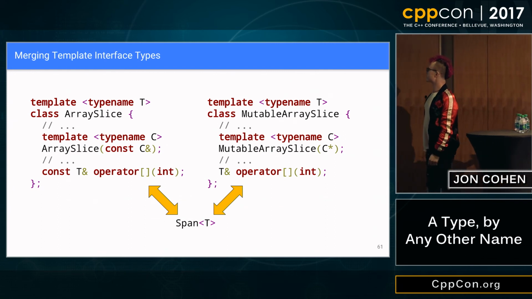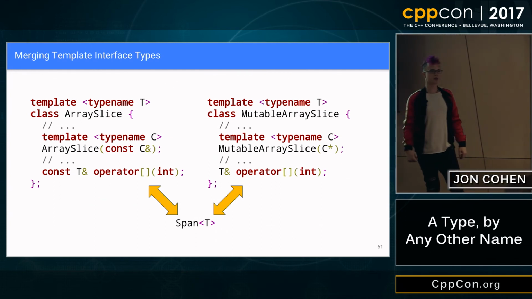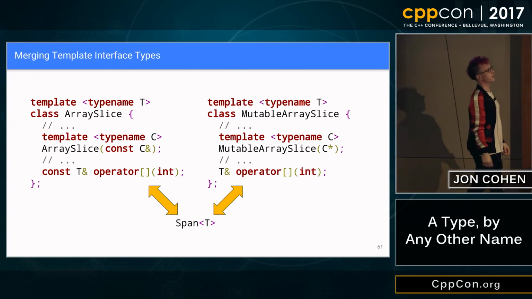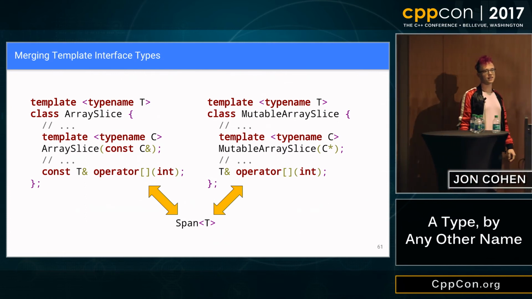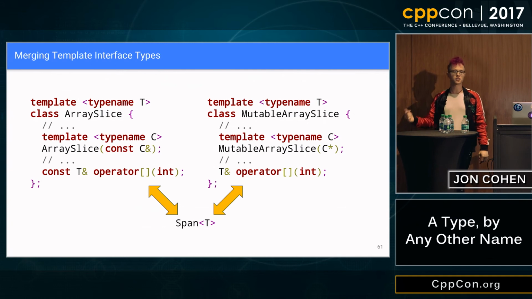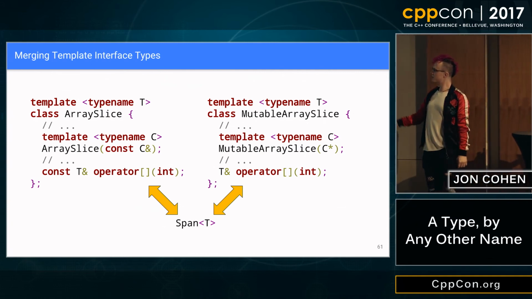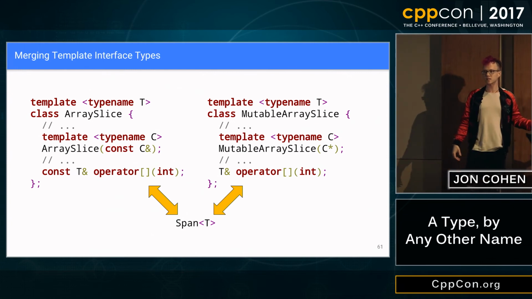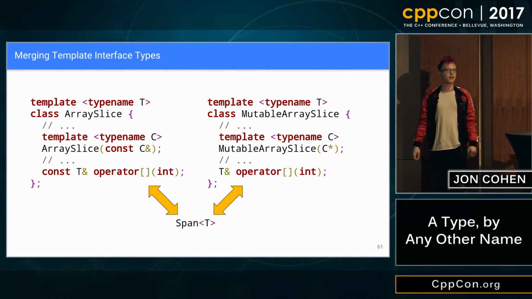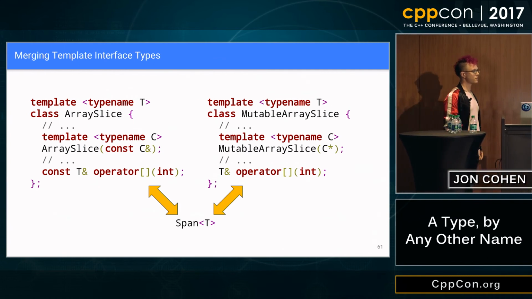Around the same time, there is also another type called MutableArraySlice. MutableArraySlice is a view over contiguous memory, but it's writable. And it has a constructor that takes a pointer to anything. At Google, we have an idiom that mutable parameters are taken by pointer. And it has an operator[] that gives a read or write reference. And it's not too hard to convince yourself that these are just two spellings of basically the same thing. These are the same type, but an ArraySlice is basically just a MutableArraySlice of const T.